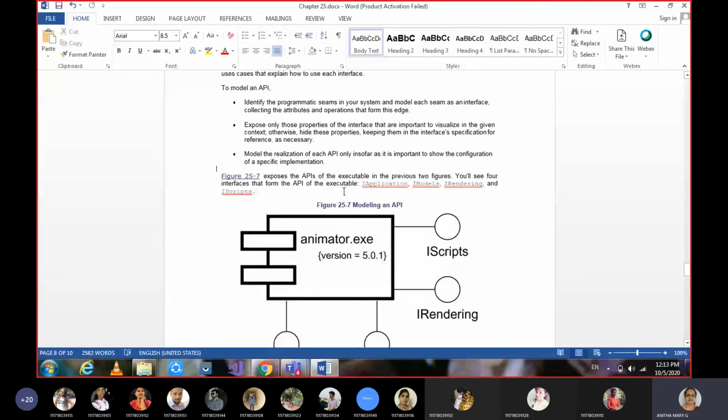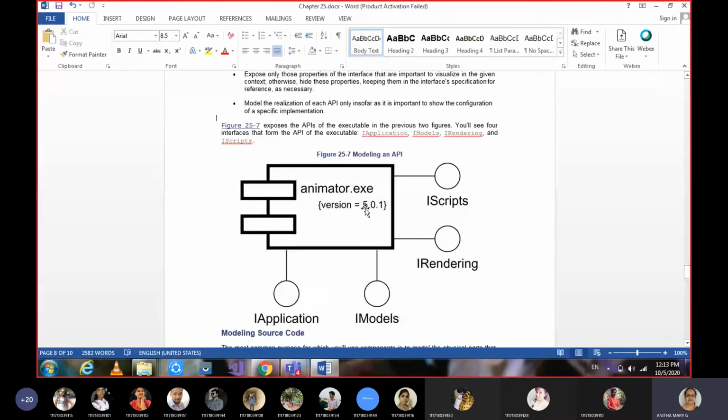So if you see the example here, the same example again. See, not only is animator.exe depending on the files, tables, frames, INI or help, but it is also using some interfaces.